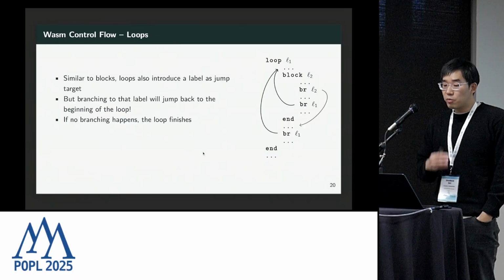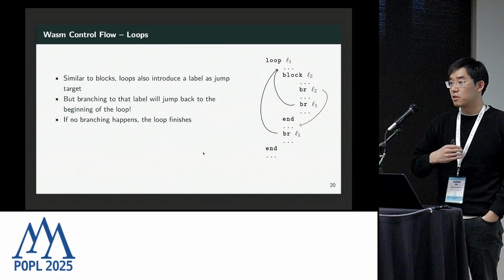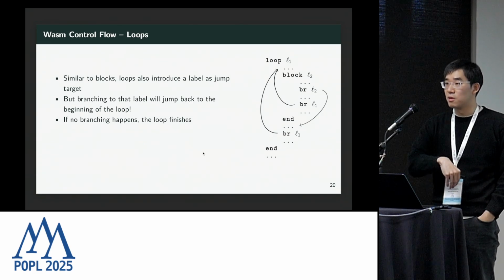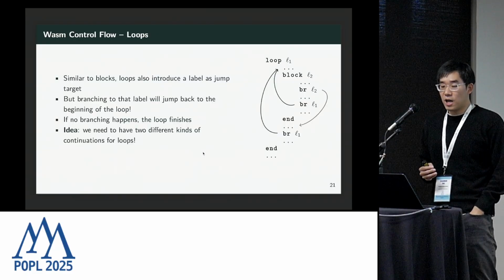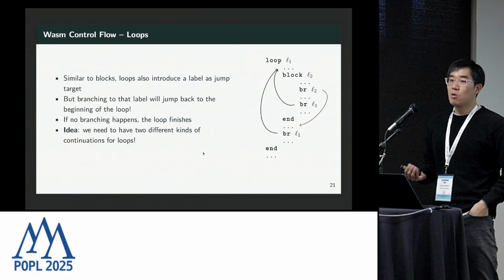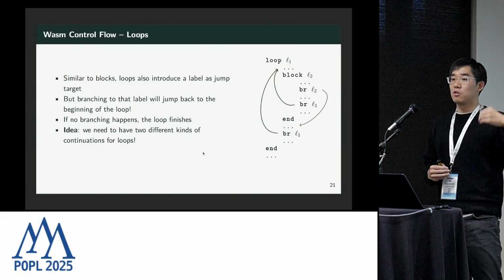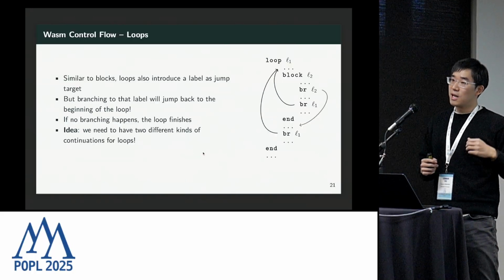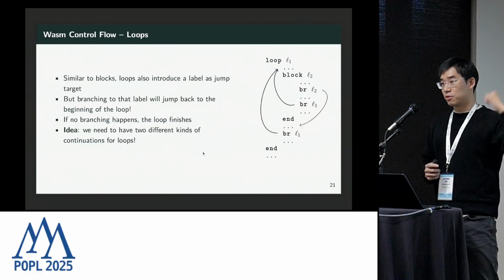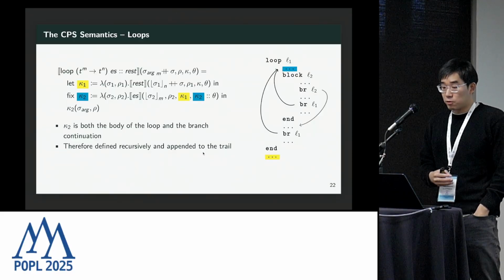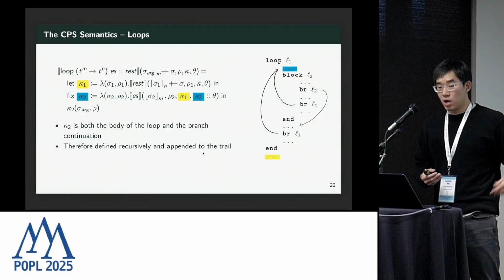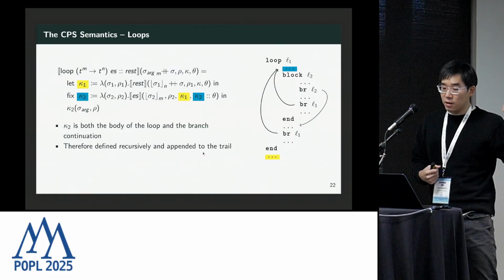And if no branching happens, then the loop finishes. We're just going through the next instruction right after the loop. Okay. Then the idea here is we need to have two different kinds of continuation. One is just following through to the immediate next instruction, and the other one is going back to the loop. So this idea can also be expressed straightforwardly in our formalization, where we first define this kappa 1 is